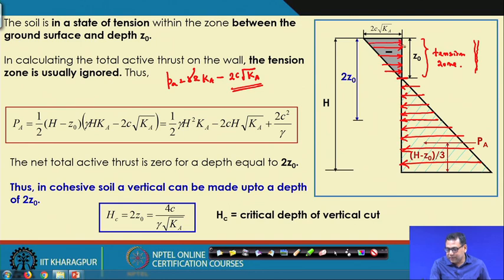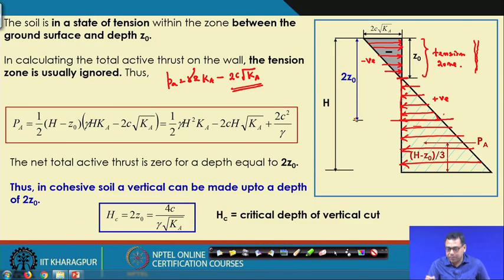Now, there will be an equal amount of z 0. So, this stress will cancel this stress. This positive stress will cancel this amount of the negative stress, because if I draw this triangle, it is the same as this triangle. So, if I do not provide any support up to twice z 0 from the top of this ground level, then there will be no issue, because this stress is equal to this stress. So, no support is required up to twice z 0 depth from the top.